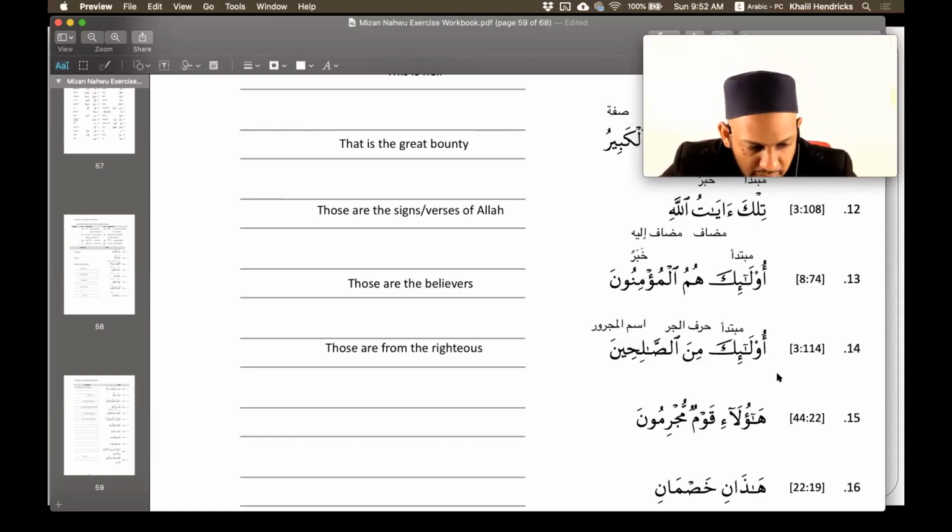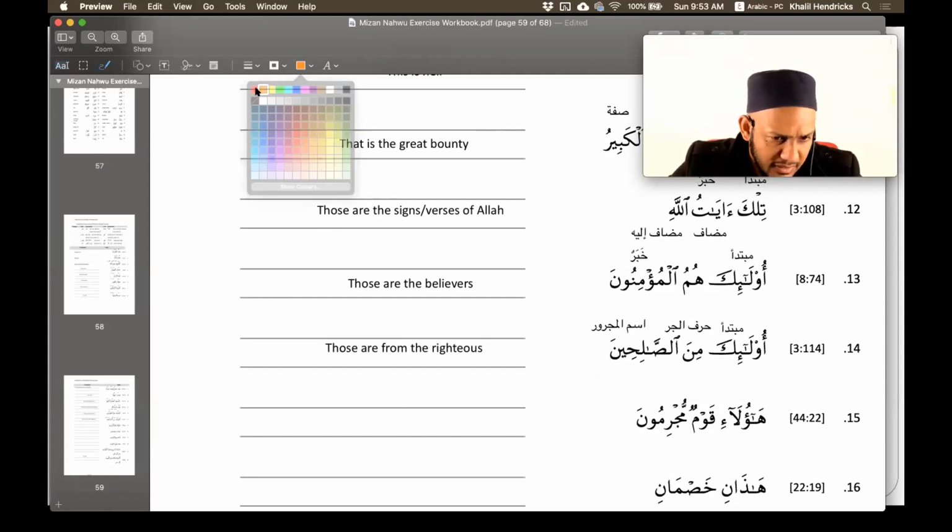So the thing we're missing is the khabar. If I had to ask you, from a logical point of view, what is the news about those? It's the rest of the sentence. The rest of the sentence, good. We haven't done it before in class yet, but what we'd do is we'd say that this